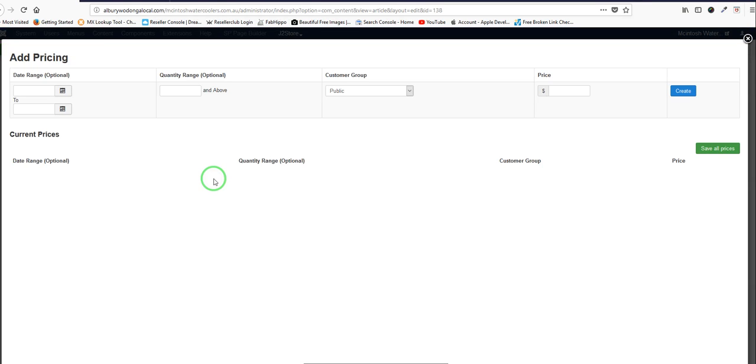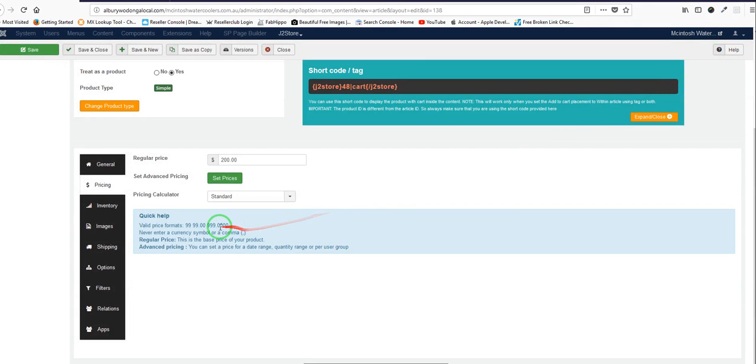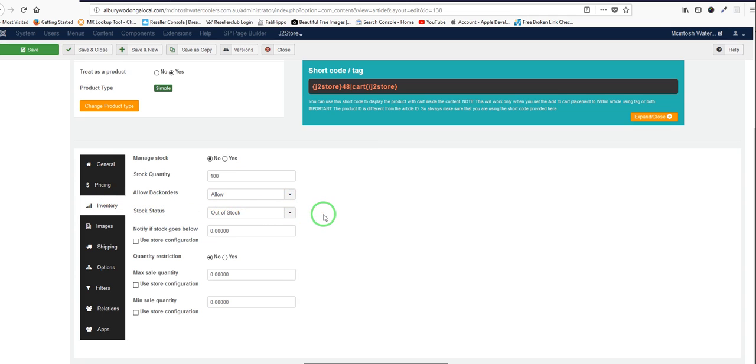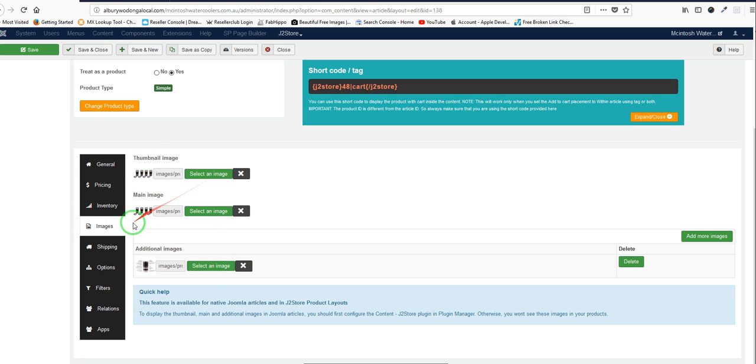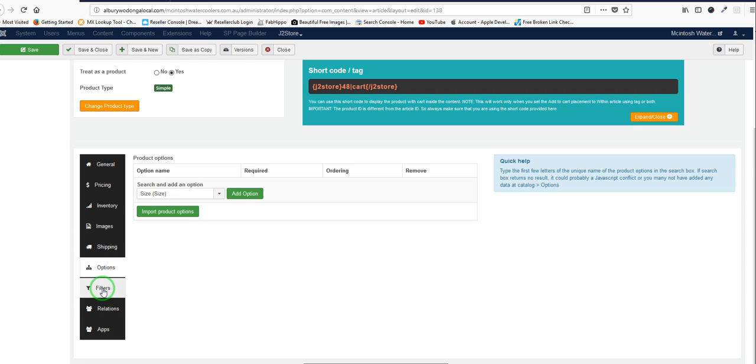Then if we had it on special, we would set a new price in here, but we don't need to, well, we can do one if you want to. So the new price might be $180, and we say create it, and you see that it's put it down here at the 180. We save, close. That's just standard. Then we have our inventory, which we don't do stock, so we don't have to worry about it. Then we upload our images just like before, put in our dimensions, add options if there are any,